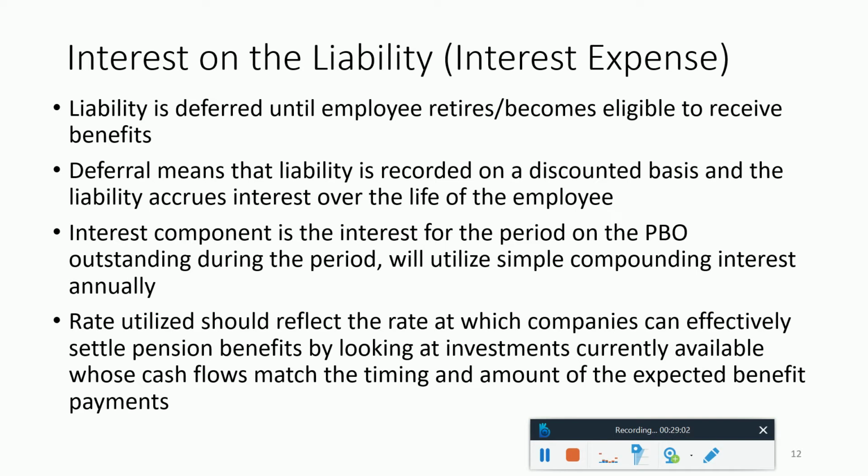Okay, so we use a simple compounding interest on an annual basis. And then the rate that should be used, and again I mentioned that the actuaries are going to help come up with this rate, but the rate utilized should reflect the rate at which the specific company can effectively settle pension benefits by looking for an investment currently available whose cash flows match the timing and amount of the expected benefit payments. So that was a mouthful, but if we just break that apart, what it basically means